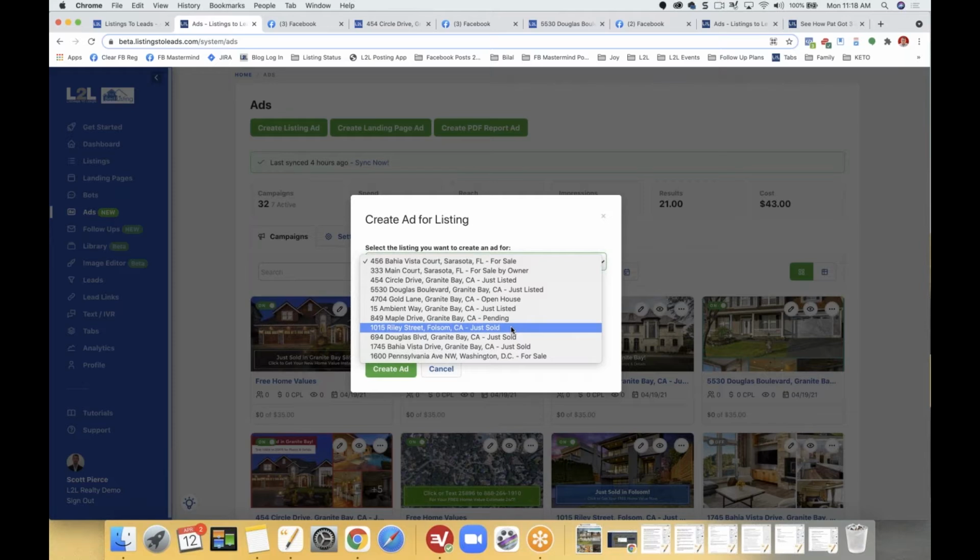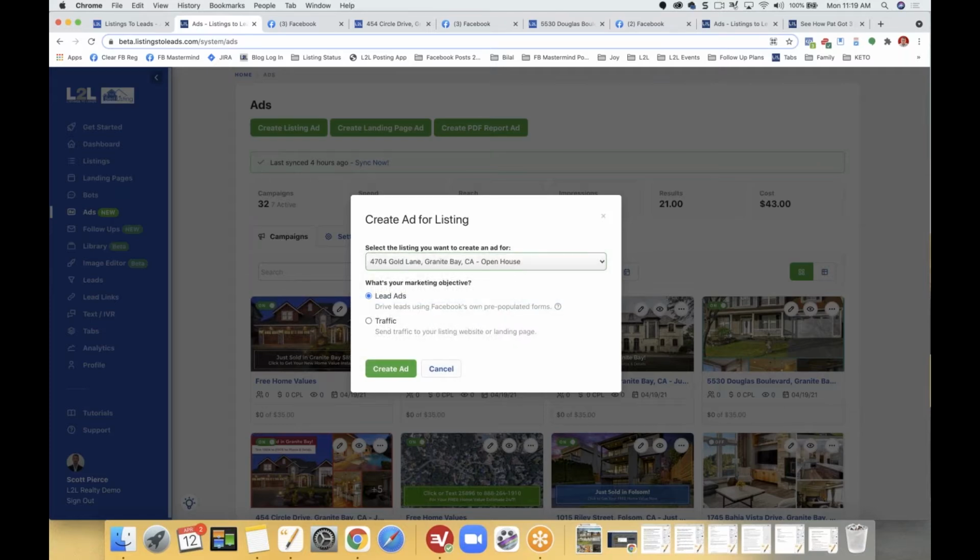But yeah, we have a lot of clients that will approach a FSBO. We got some tools that actually help you do that. And then you can add that FSBO listing to your account, again, per your MLS regulations, and market that FSBO. So it's kind of awesome. All right, but so for any listing, you just select the listing, click create ad,